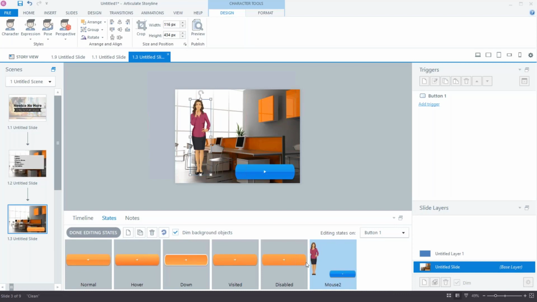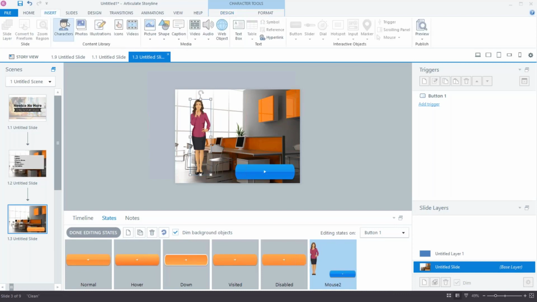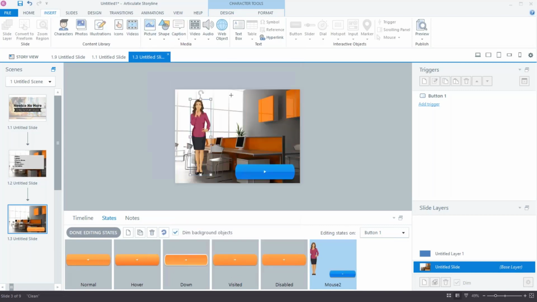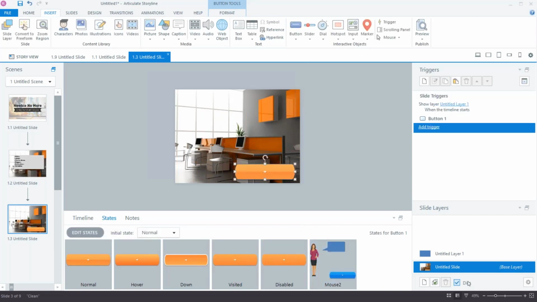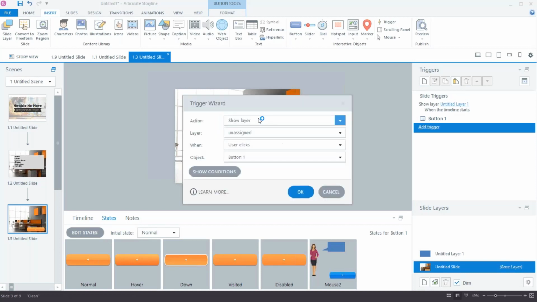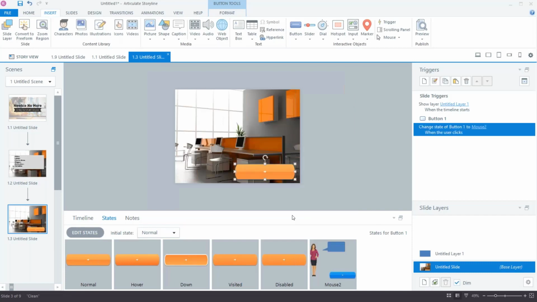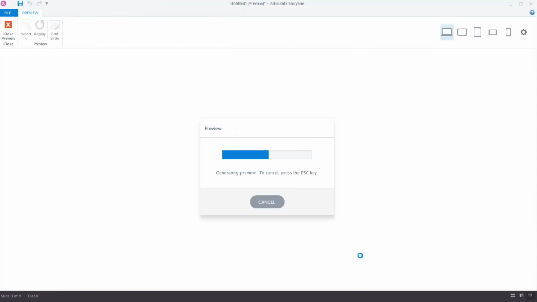And so I've got that done. In Mouse 2, maybe I want to also insert, at the same time, a caption so she's saying something. And then I'm done editing my states, and now on my main slide layer, I can say over here, maybe I'll just quickly add the trigger here to change state of button 1 to state Mouse 2 when user clicks button 1. And so now if I preview that,